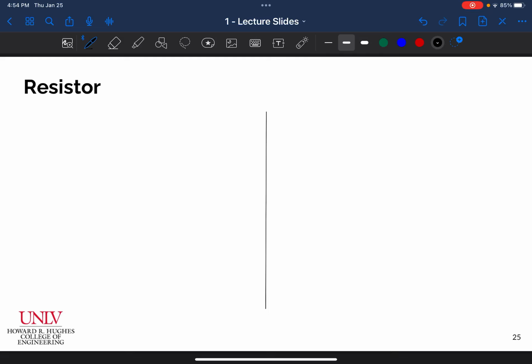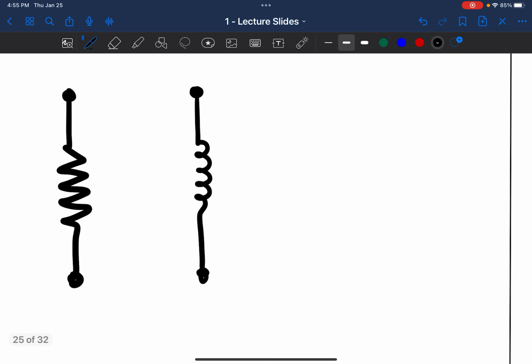All right, in this video, I'm just going to introduce you to the resistor symbol, which again appears in several different forms. The most common one and the one that I'm going to use is this little zigzag line. Probably important to draw it a little bit more zigzaggy because there is another component called an inductor, which we're going to learn about later, that looks pretty similar, but it's meant to be circular kind of coils rather than